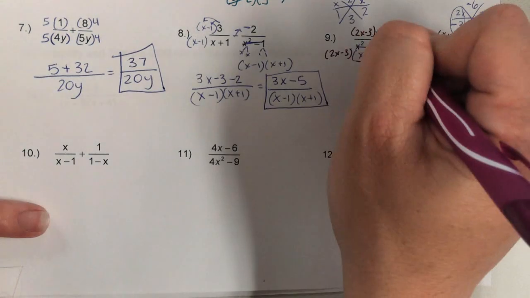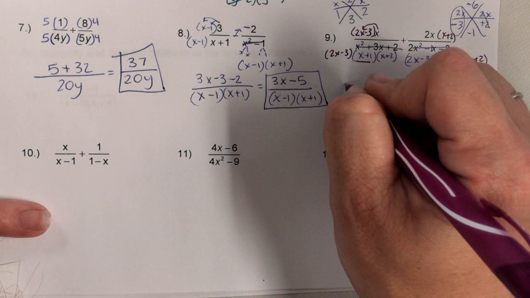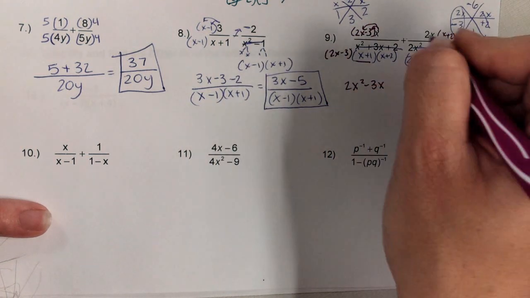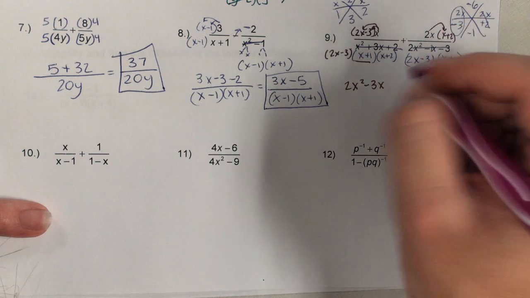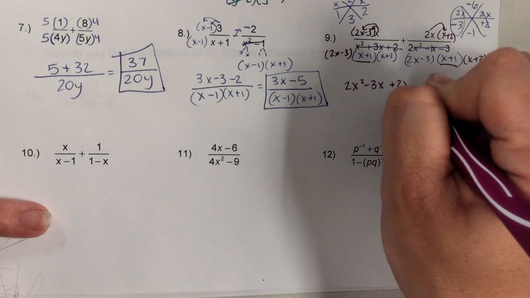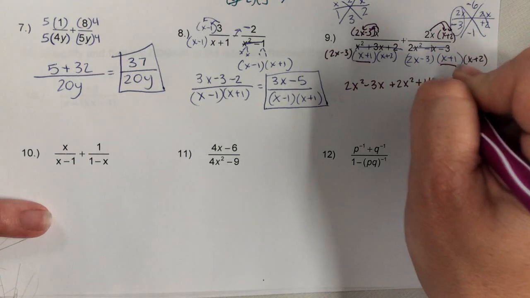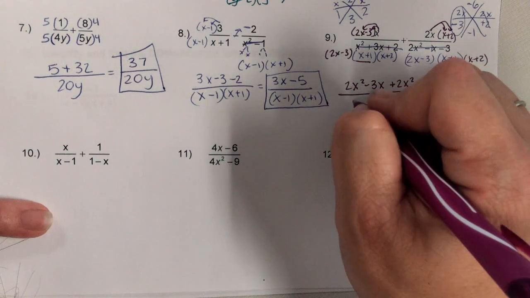So as I distribute, I get 2x squared minus 3x plus 2x times x plus 2x times 2, all over